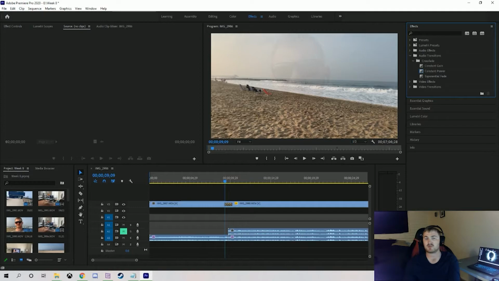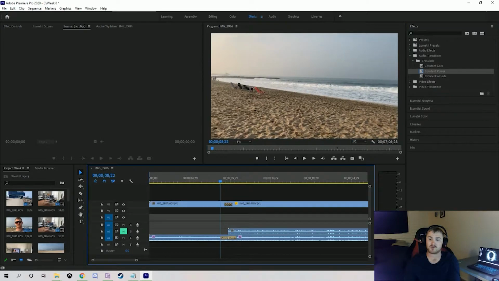The two big important ones here are constant power, which basically moves your audio to make it more smooth. If I drag it here, you'll see that if you put it at the beginning or end, it just keeps it going. So I put it at the beginning and end of stuff, and it keeps the audio going. Now you can hear the audio won't fade. Whereas I'll show you guys what it looks like beforehand. So we go from here,